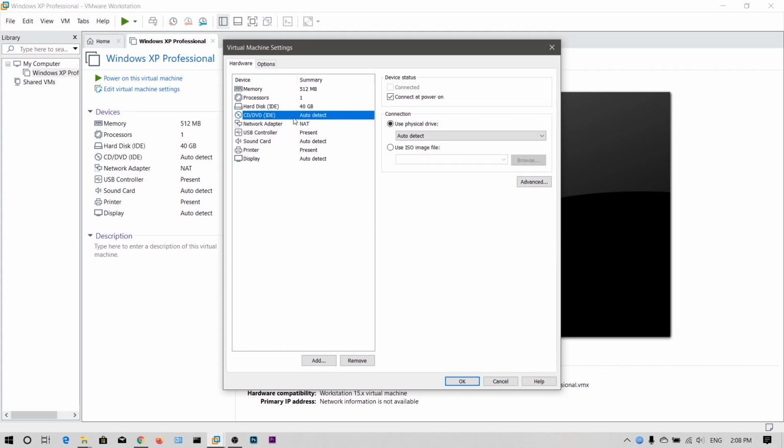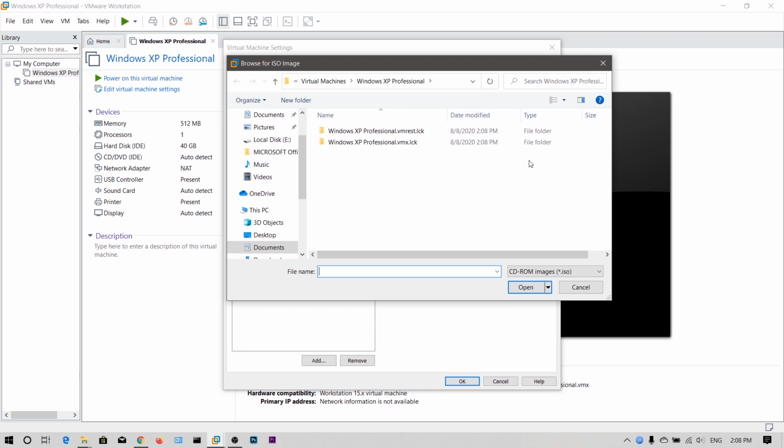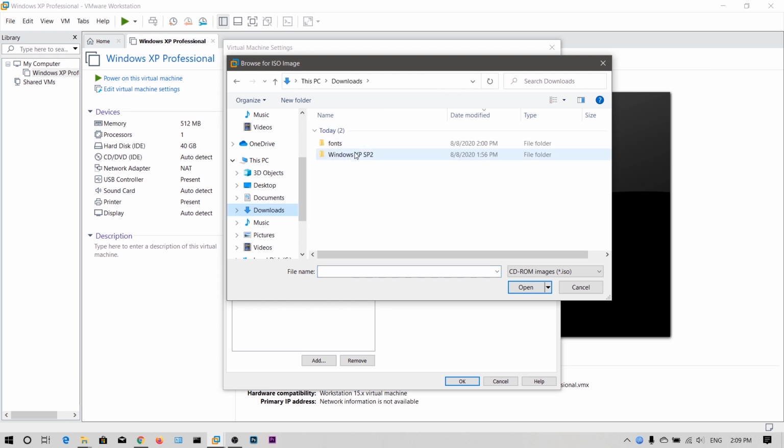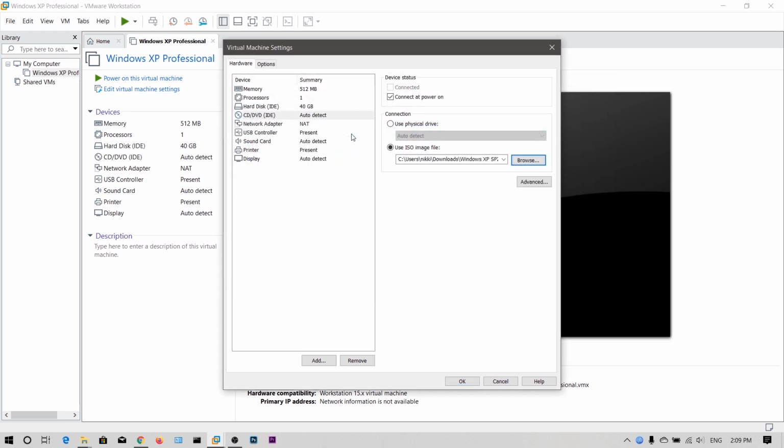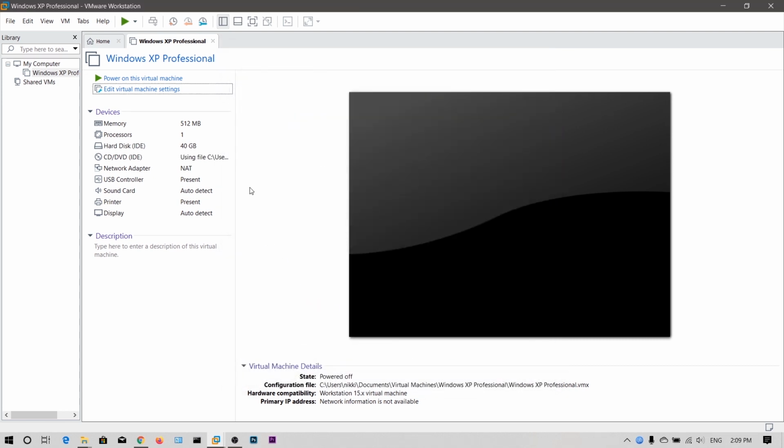Now coming to CD/DVD, you need to choose the ISO option and click on Browse. Now locate the ISO file which you have downloaded earlier. Now click on OK. Now click on Power on this virtual machine.